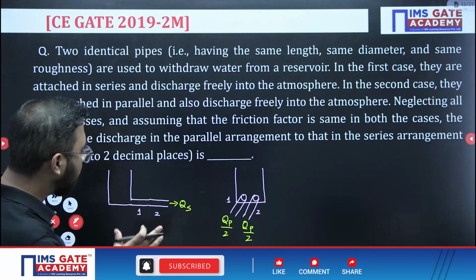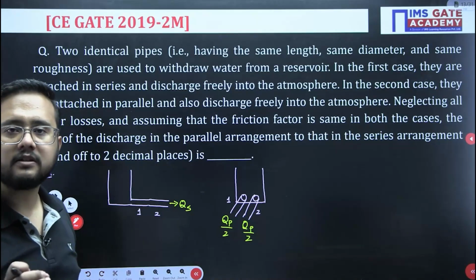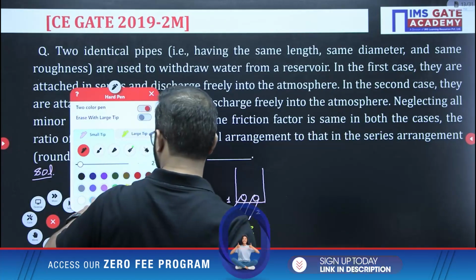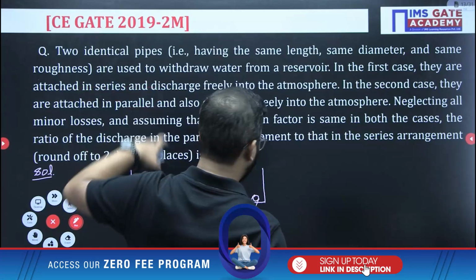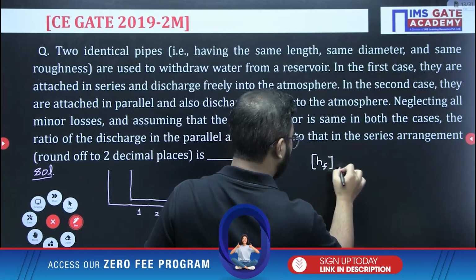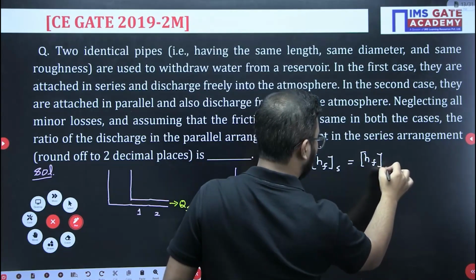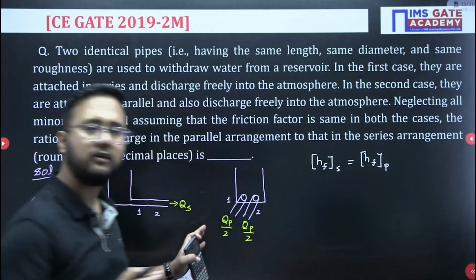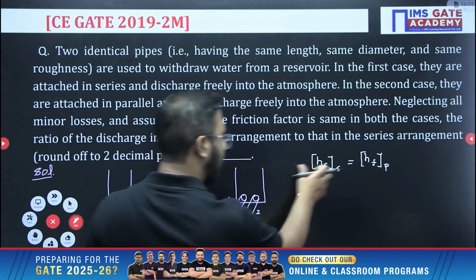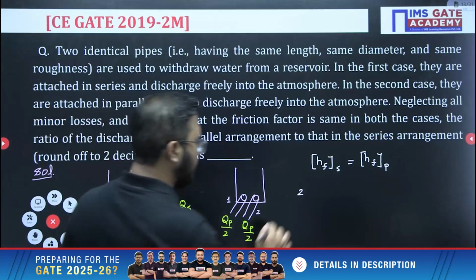So what I can do here, directly I will take the head loss here and here equal. Taking the head loss equal, we will get the ratio of Qp by Qs very easily. So head loss in series case equals head loss in parallel case. Now in the series case, obviously the head loss will get added. If I have to write for one pipe, simply it will get added, so twice I am writing